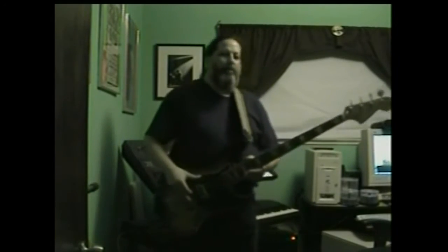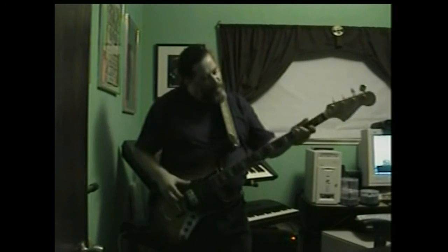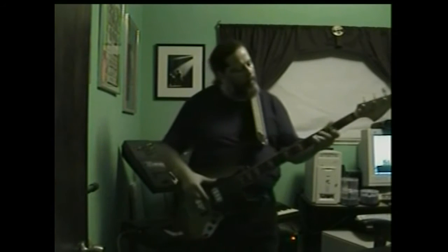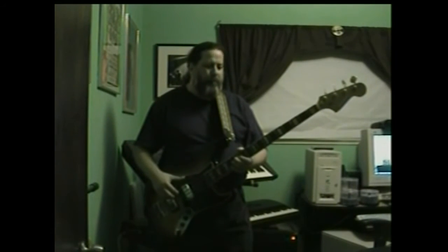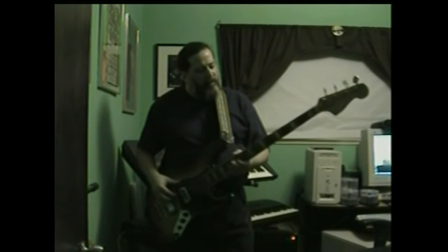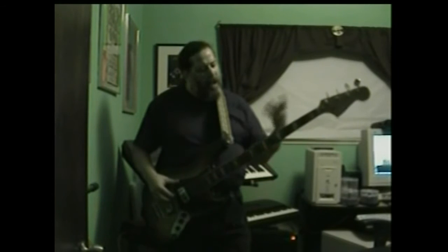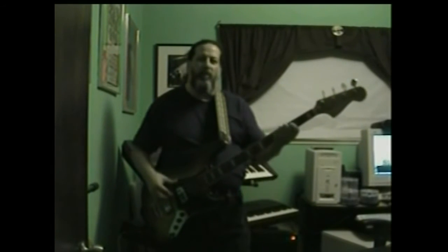I think that if you mention bass guitar, most people automatically think of a 12-bar progression. And you can play that a wide variety of ways. I kind of like to play it a little jazzy. I'll play it pretty much straight through the 12 bars the first time, and then I'll play with it a little bit the second run through, so...